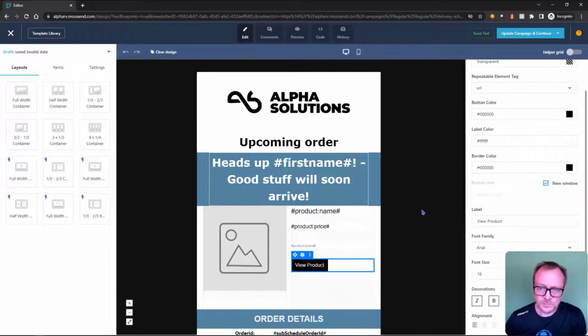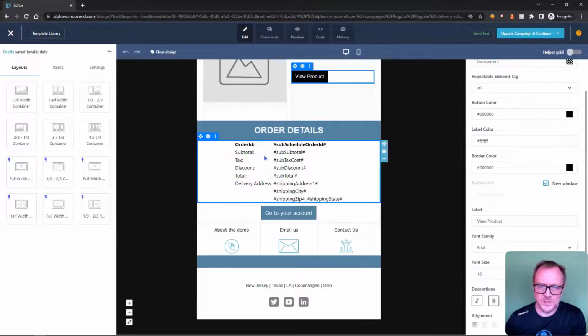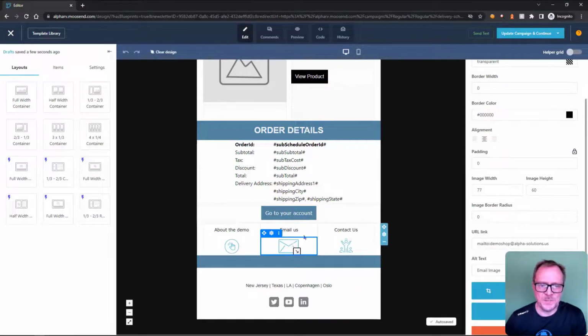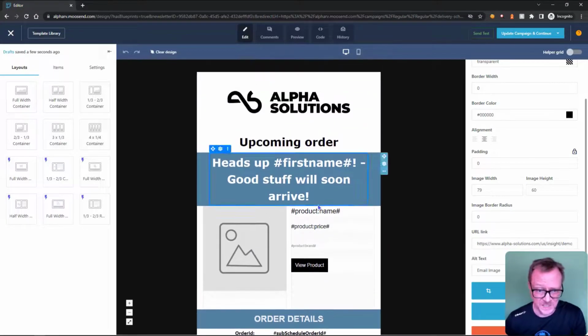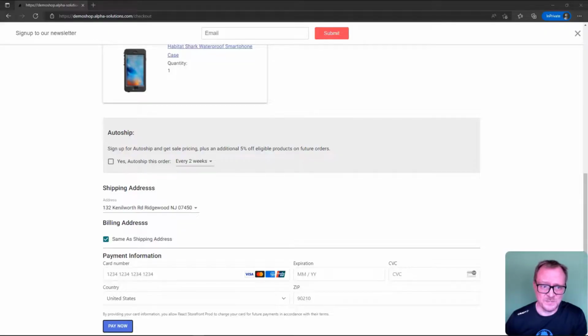So in this editor, we can simply use this hashtag style wherever we want to put in some dynamic data from the specific order. You can see we put the links, click on each element, and it's basically just drag and drop. You can see all the elements you have on the left as well. That's it, very easy to use.